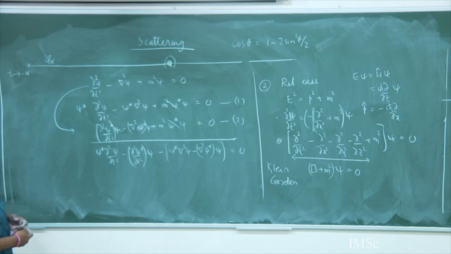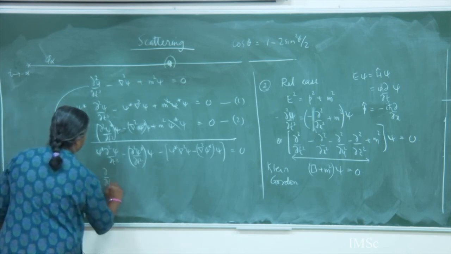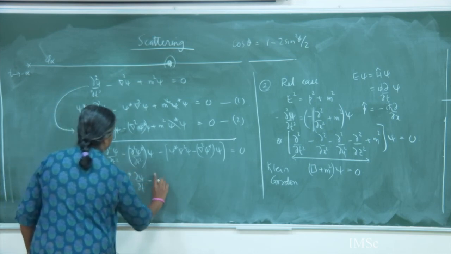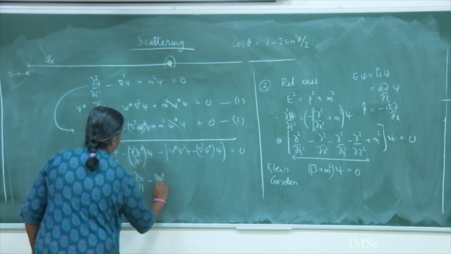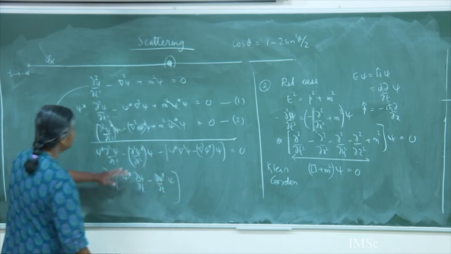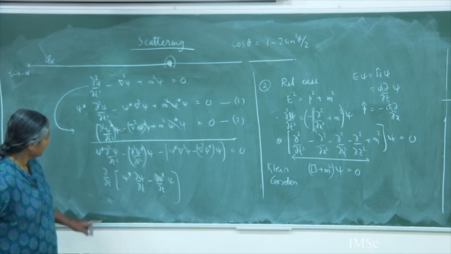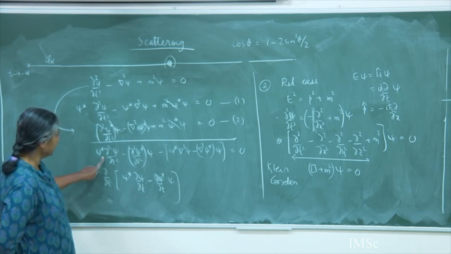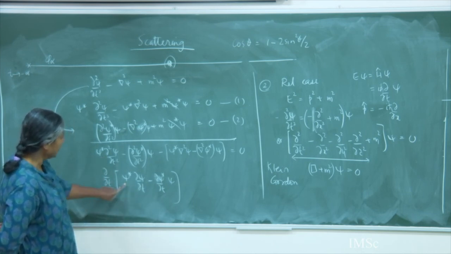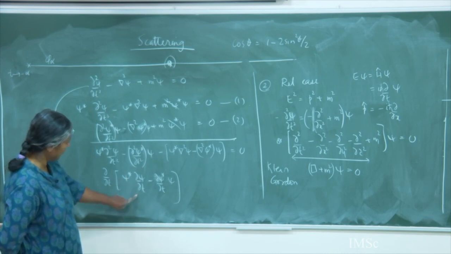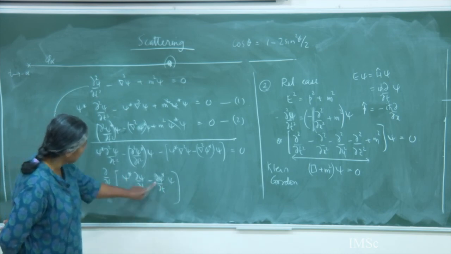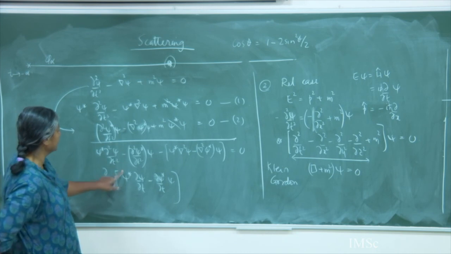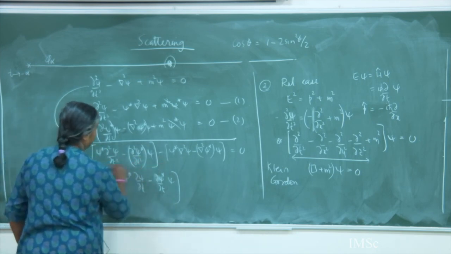Okay, and you can see that these two terms are just this, because if I act d by dt on the second term, I get psi star d squared psi by dt squared. If I act it on the first term, I get d psi star by dt into d psi by dt, and that cancels when I get d psi star by dt times d psi by dt from this second term. Can you see that this is exactly this term? Yes, ma'am. Similarly, can you see that this